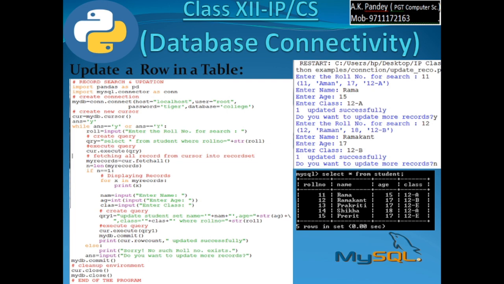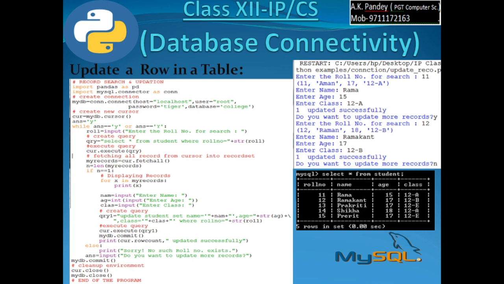Now, the logic behind updation of a record is you have to first search one record based on some primary key, say, for example, here on the basis of a roll number. Verify whether it is the same record you want to update. That means the record content should be displayed on the screen just for verification. If it is found this is the same record that I want to update, then enter the details for updation.